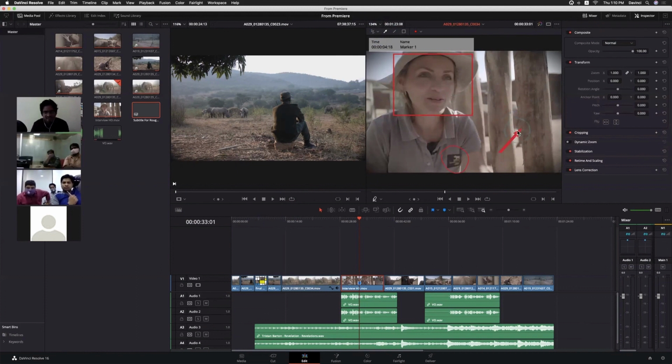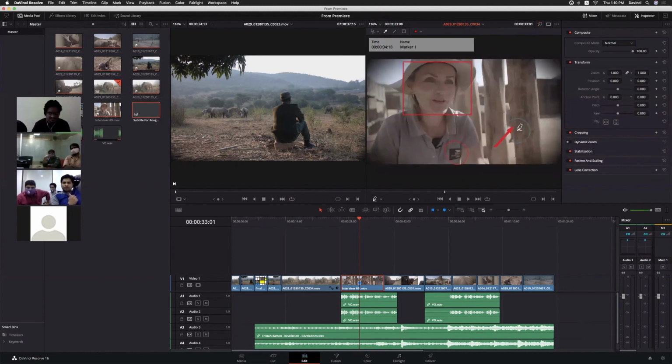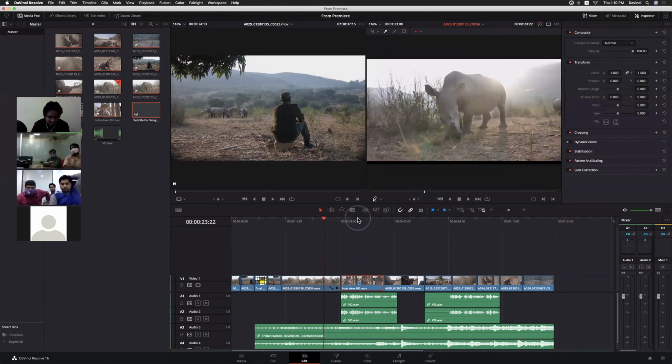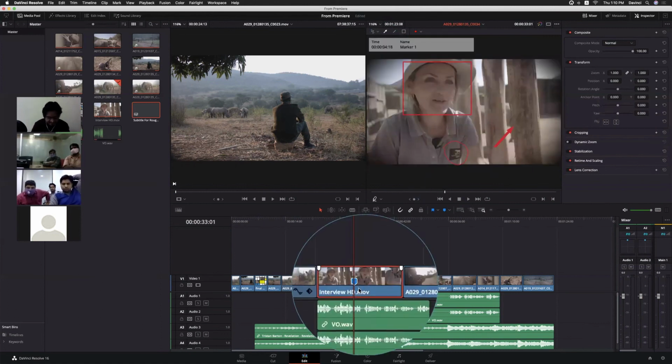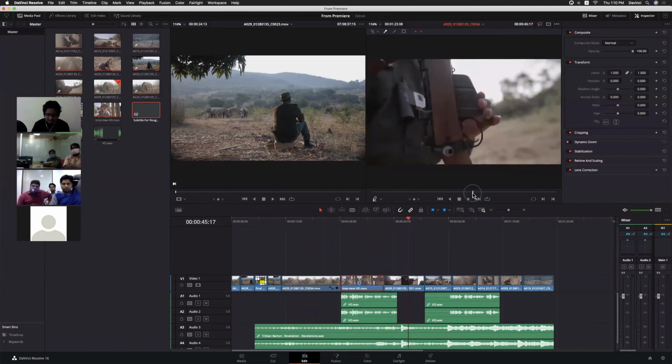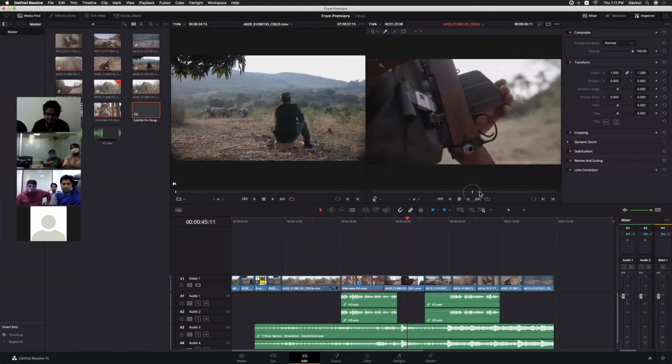Okay, we can always add annotations, right? And when you add any annotation, you can see the marker here at that particular portion.